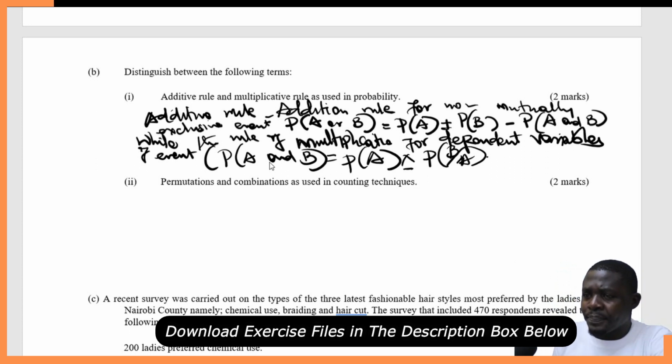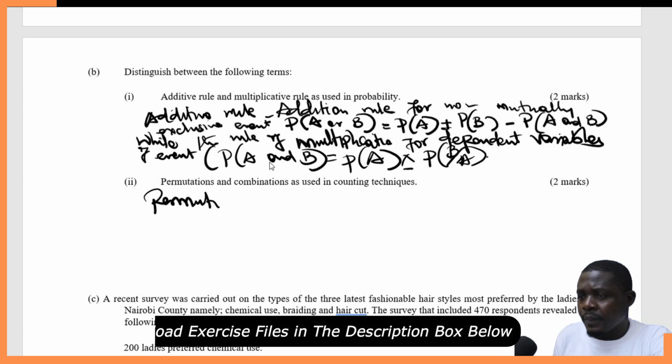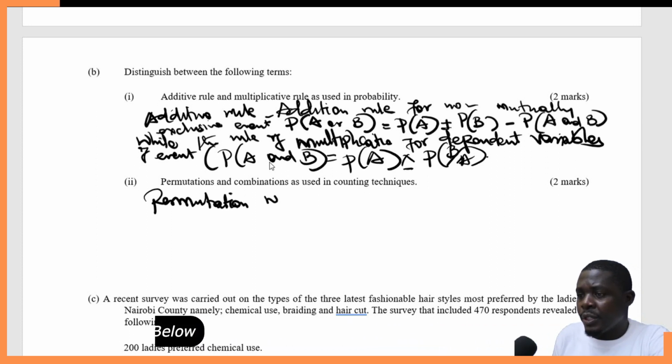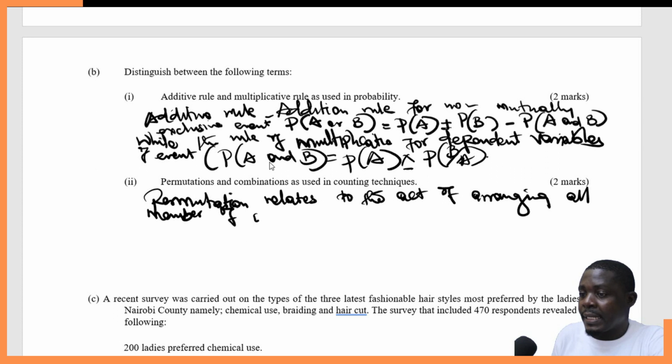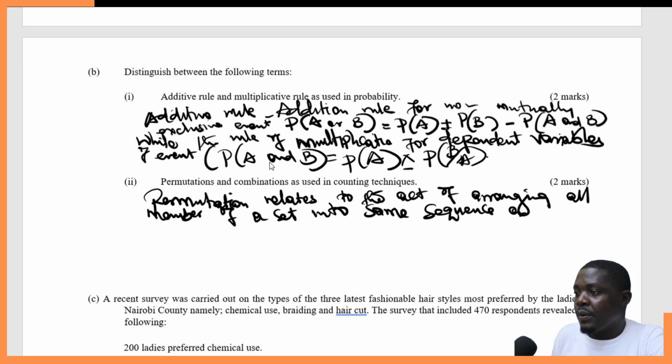Permutation relates to the act of arranging all members of a set into some sequence or order,